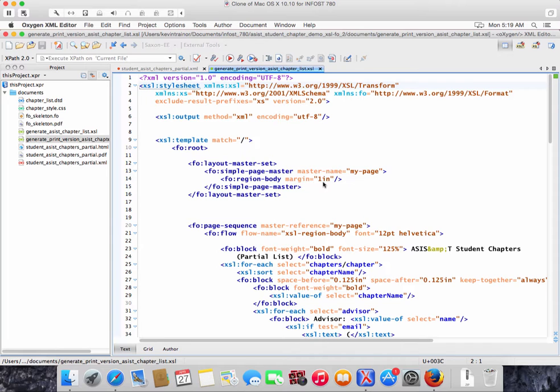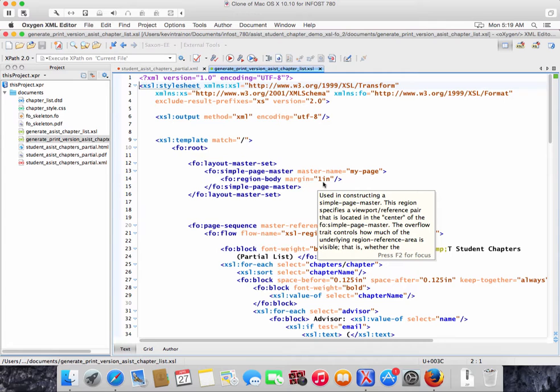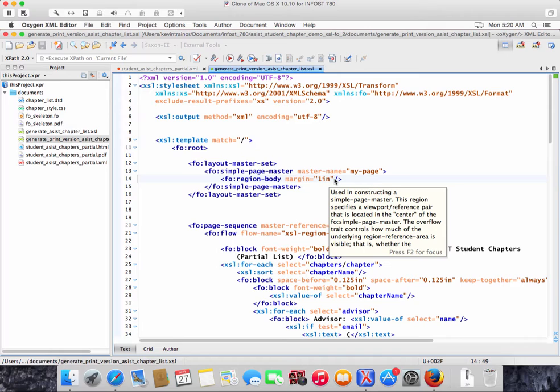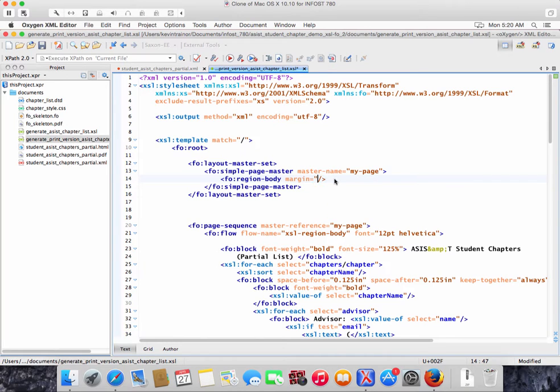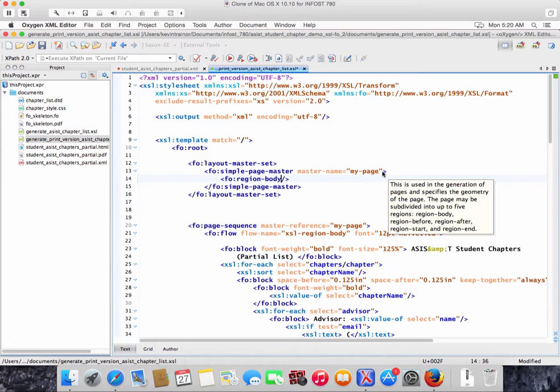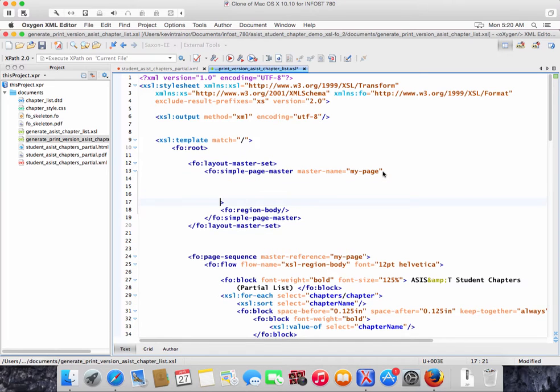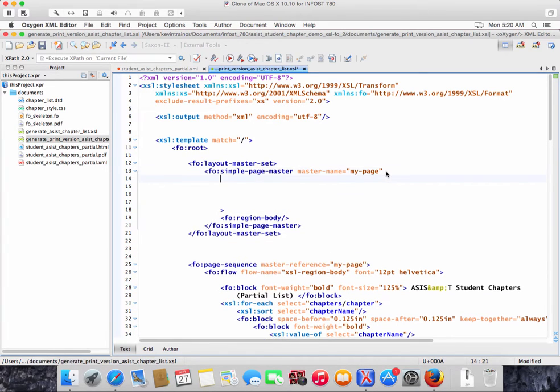Okay. Now we're going to change things around a bit. Okay? First of all, we're going to take the margin out of the body part. We're going to put it into the page. What would that look like? Well, it's not hard to do. Okay, so we're just going to go up and put it into the page master. So it's called my page. Let's get us a couple extra lines there. And let's put in